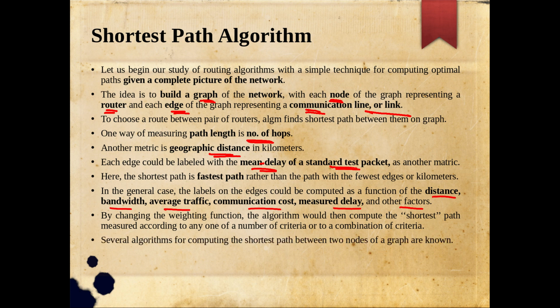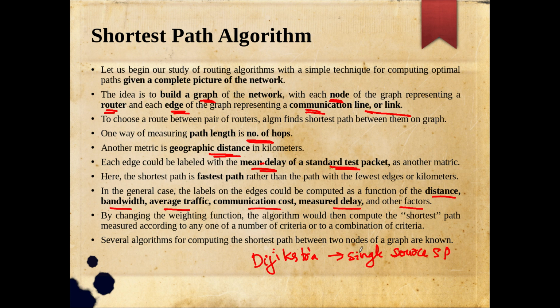And several algorithms were there for computing the shortest path between two nodes. And can you recollect some of the algorithms? I think you might have studied many in your data structure as well as in your algorithm classes. So the popular one is Dijkstra, right? Dijkstra's algorithm, and this is something called single source shortest path. I don't know whether you remember or not. Single source shortest path.